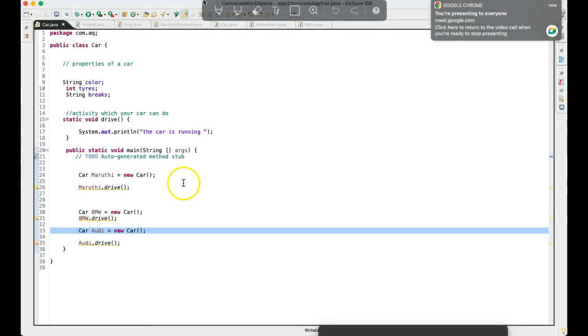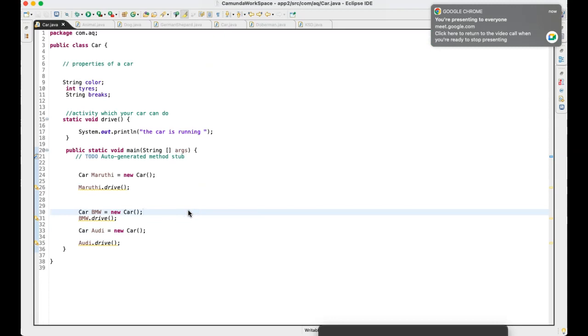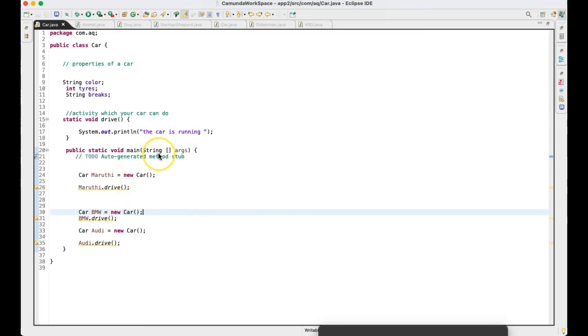Clear enough? This is how we are doing it. Once you understand this, when we do this within Pega, it won't seem challenging to you. This is object creation. Let me put it here also, when we go over the video, object creation.